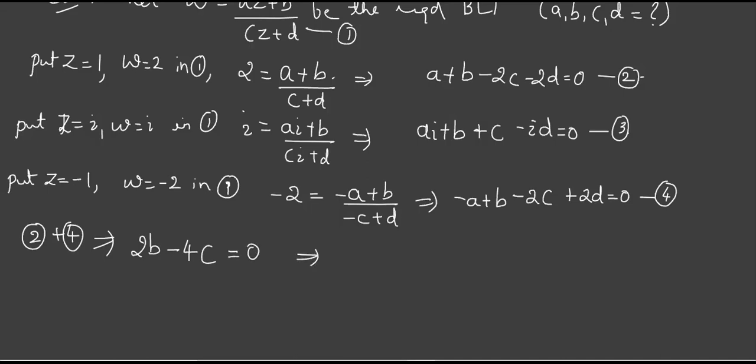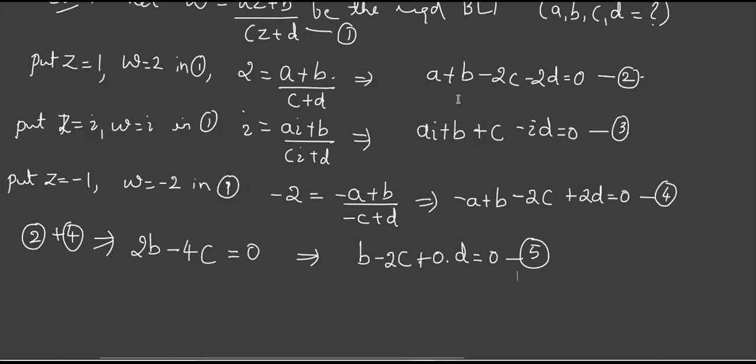Same equation I'll write by simplifying. What is common here? 2 is common. Just cancel that 2 and write the equation. See how I'll write it: b minus 2c minus 2 times, actually there is no d, but I will write like this. I'll tell you why a little bit later on. Take this as equation 5. I'm just writing the coefficient of d. That's all. Now, we wanted to get rid of a.